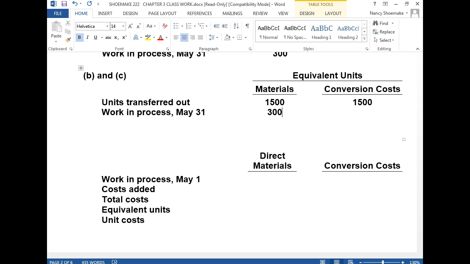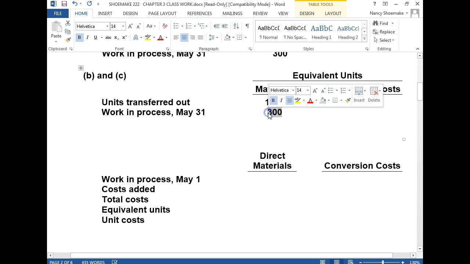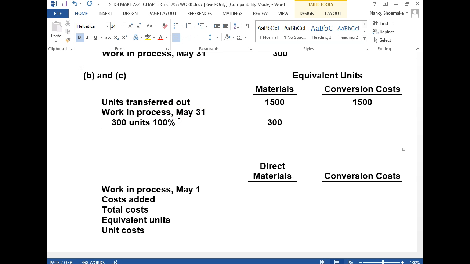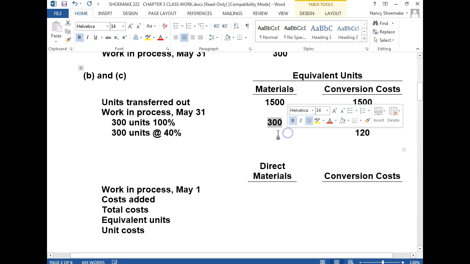And then for materials, let me show it this way. 300 units, 100% would be the materials of 300. But what are our conversion costs here? 300 units at what percent? 40% for conversion cost. And what is that amount equivalent? 120. You see what I'm trying to do? So our total here